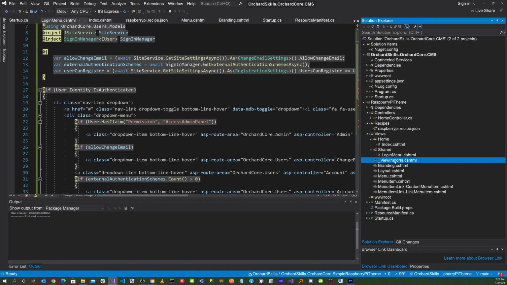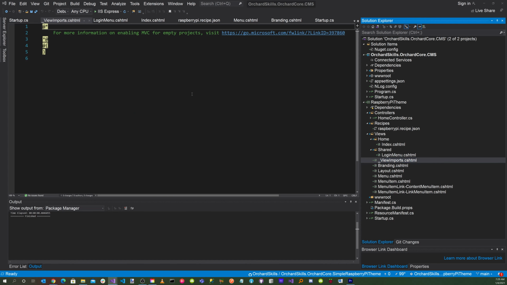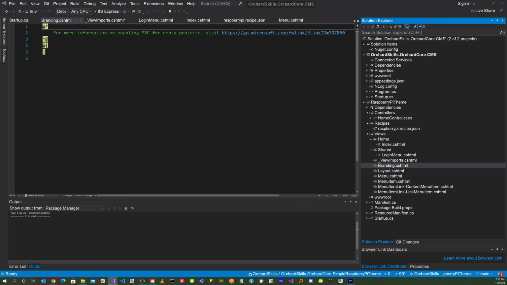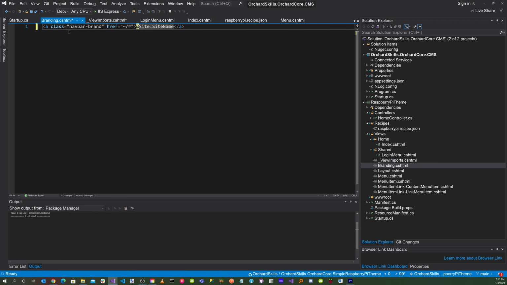So now let's go to our ViewImports.cshtml. Now this is an important file to include all of the different usings and tag helpers. So it's important that this file is there so it includes all the usings. And for the branding, all this is a class that basically tells the navbar brand that this is site.sitename. And now our next file is our